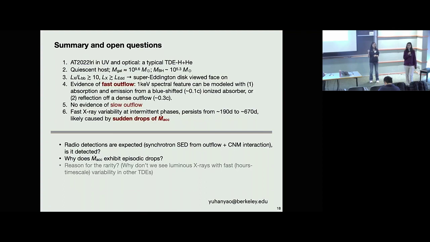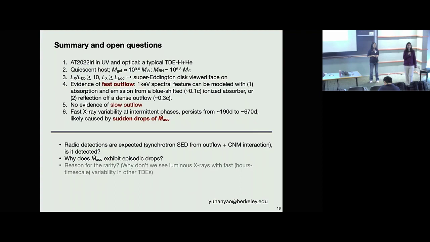We are just saying that we can use TDE super Eddington accretion to characterize how the super Eddington accretion looks, and maybe that can tell us, in those very first supermassive black holes in the universe, how fast their outflows are being launched, and what the kinetic energy is, and how they impact their environment.